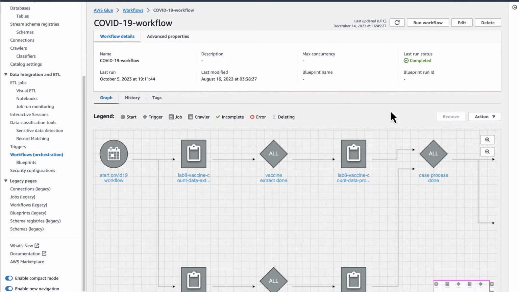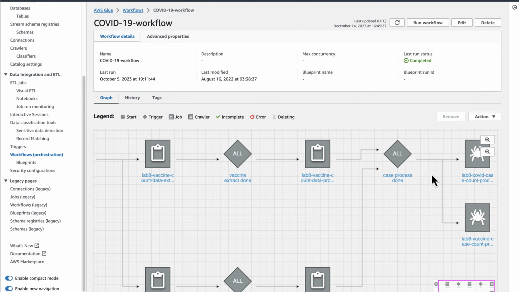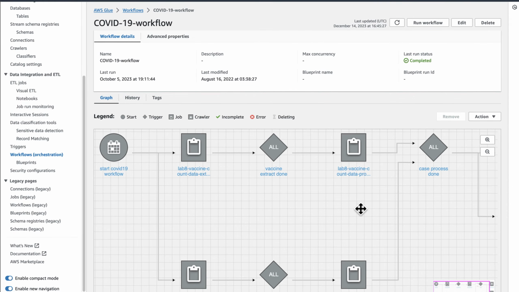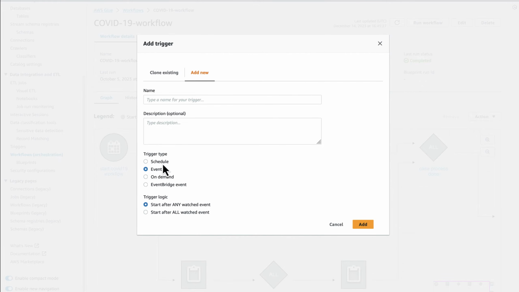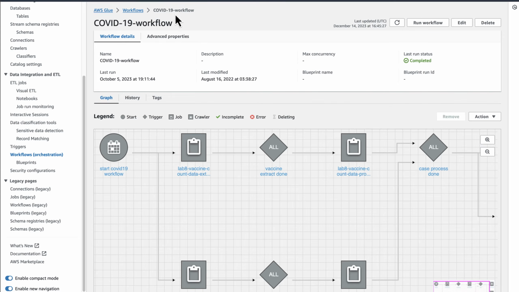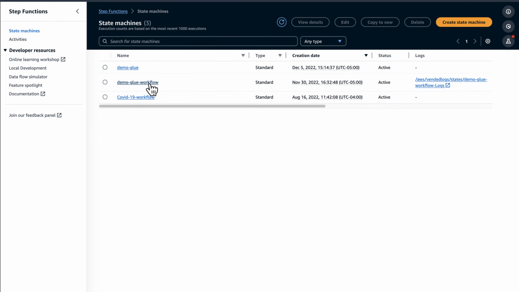This is running two jobs in parallel, waiting for them to finish, running another set of Glue jobs, waiting for that to finish, and then running two Glue crawlers. It is started with a trigger, and that's a schedule-based trigger. If I click on Add Trigger here, you can see that I can choose between Schedule, Event, On Demand, or EventBridge trigger types. Moving on to Step Functions, if I click on the exact same workflow we showed earlier,